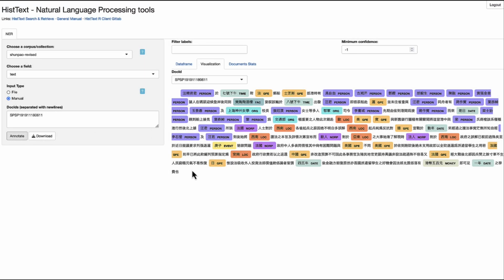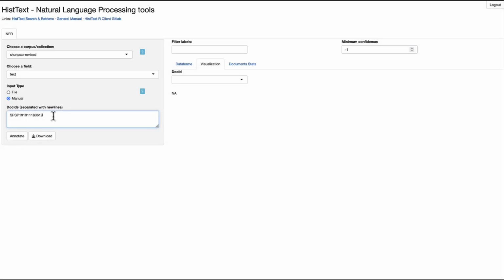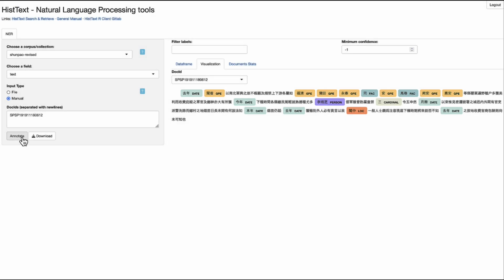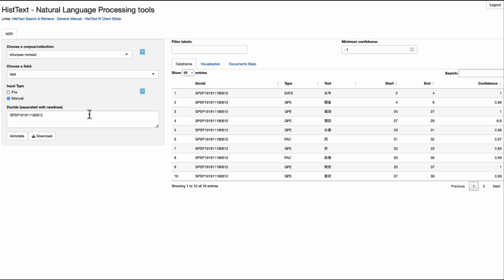Okay, as you can see, this was done in seconds. I can maybe randomly try another one. So it does not exist apparently. Okay, in this case, this document ID does exist in the collection. It was again annotated. I hope that now you have a better sense of the capabilities of HistText and what